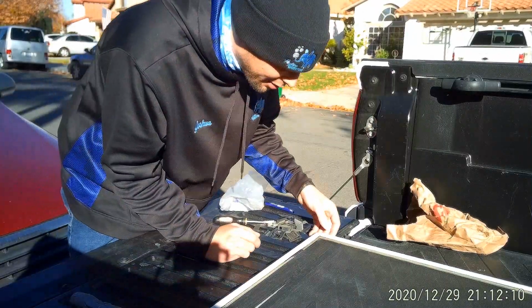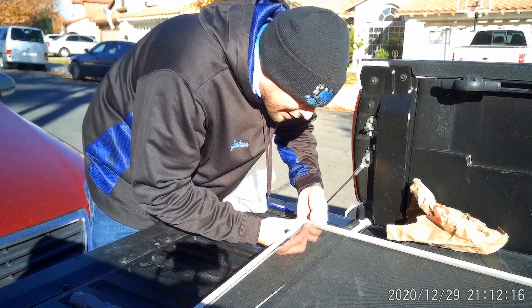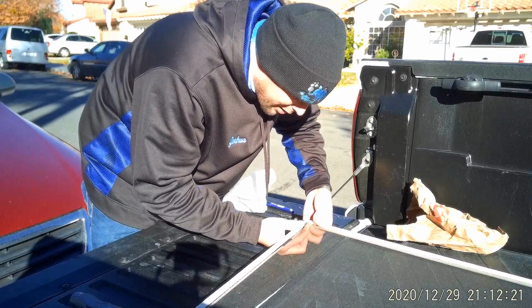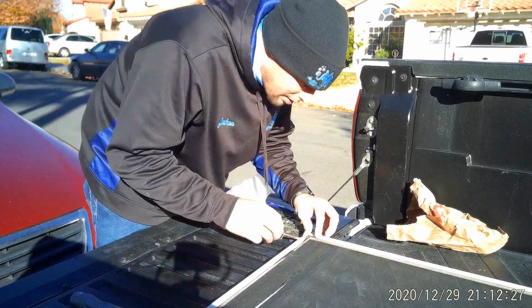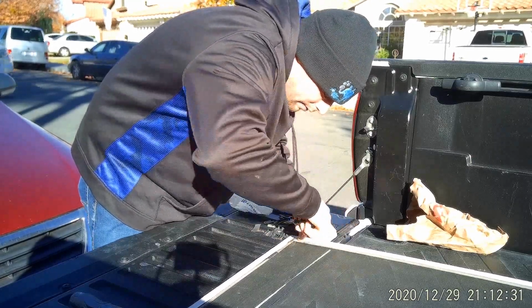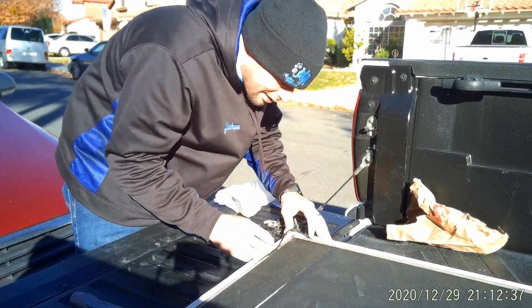So this is a bigger screen, but you're going to do the same thing. And this one's a little bit different. You want to be really careful pushing on this edge because it can rip easily, especially when they're older. But just slowly push it until you can get the spline to lift a little bit. And then you can even take a flathead screwdriver and pull it out too. Alright, so now that I got the spline lifted out,